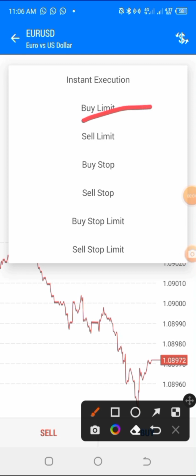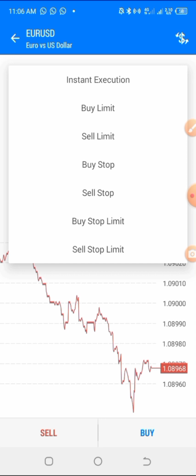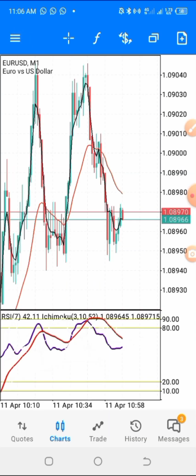Let me begin with buy limits, and I will be using the live market. Today is Tuesday, and the market is open. So let me go to the market currently, and we'll see how we can place a buy limit, because I know many traders get confused with these different order types. If I go to the chart, you can see we are on Euro USD M1. With the buy limit, as I told you, you are predicting that price will continue moving to the upside, and therefore you do not want to enter at the instant market